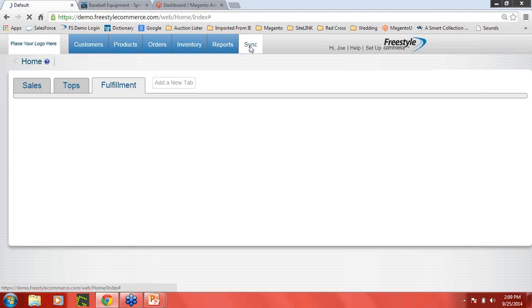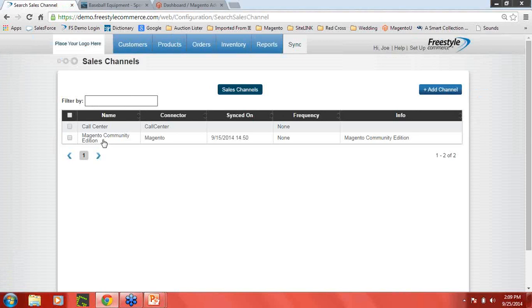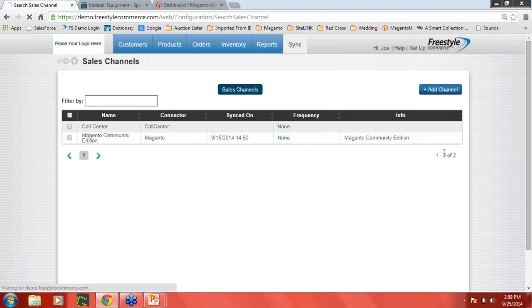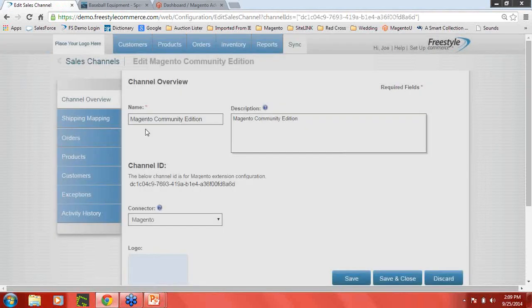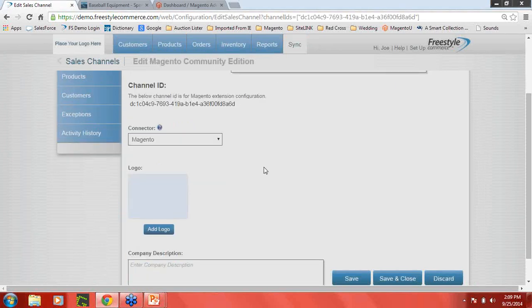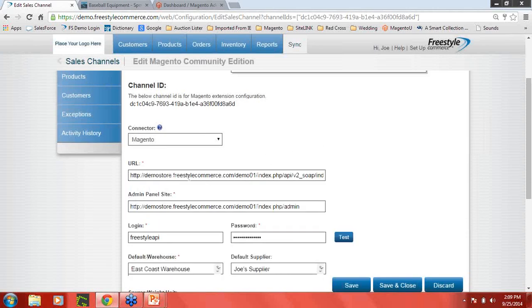But the way it's all connected is you're basically going to have an extension, the Datacom extension, that will be installed on your Magento store. So here I happen to have my Magento Community Edition. I'll just highlight this and click Edit real quick, and then we'll go in and I'll show you what the setting looks like. I basically name mine Magento Community Edition, and there's a channel ID, and once this loads a little bit, you'll be able to see there's a full path of URL where the extension is actually going to